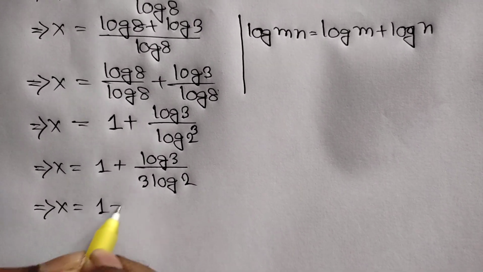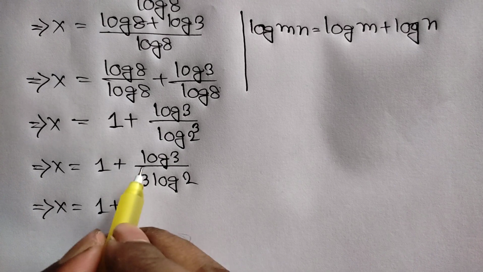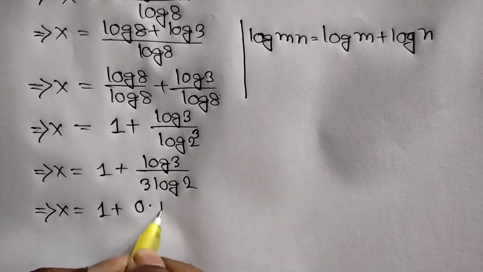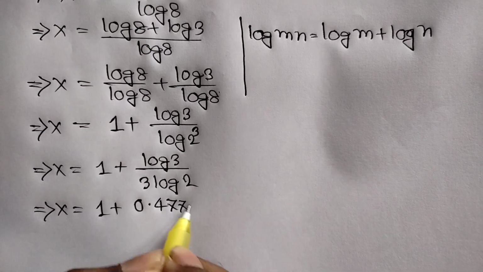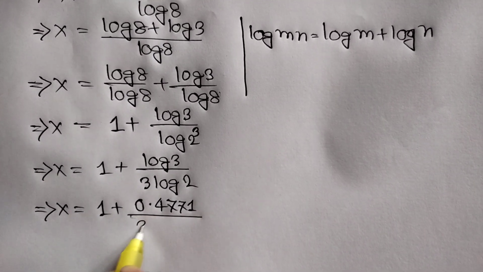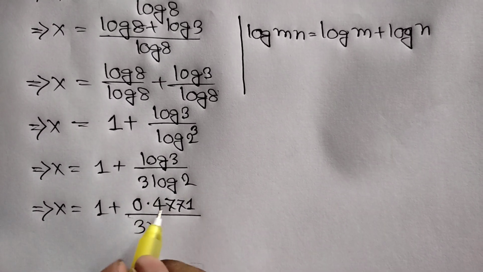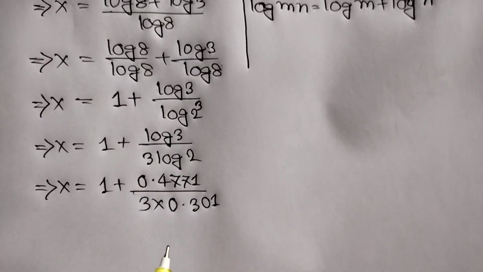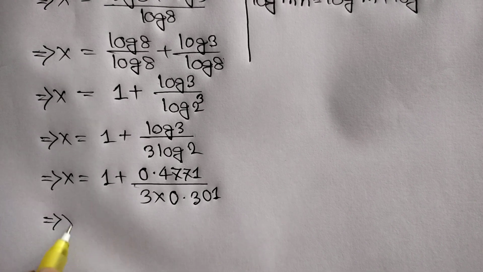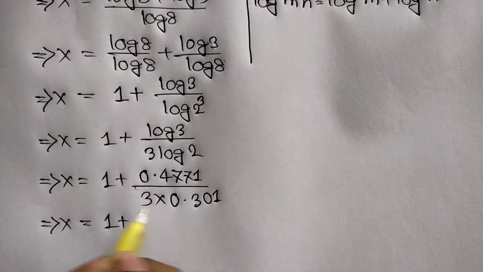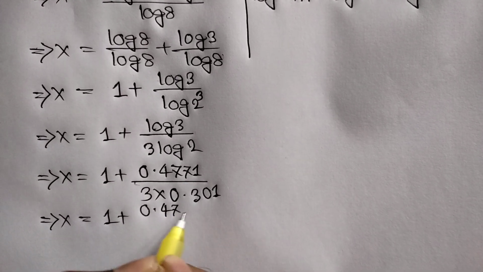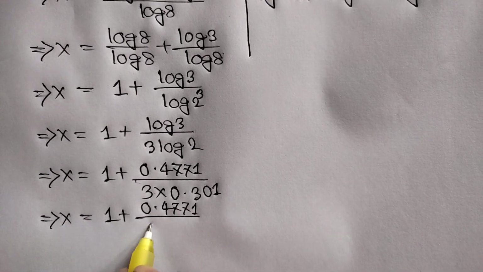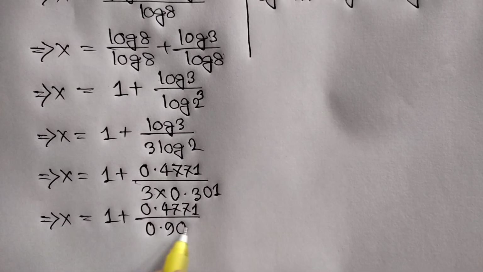or x is equal to 1 plus, now we can use calculator. The approximate value of log of 3 is equal to 0.4771 over 3 times the approximate value of log of 2 is equal to 0.301, or x is equal to 1 plus 0.4771 over 3 times 0.301 is equal to 0.903,